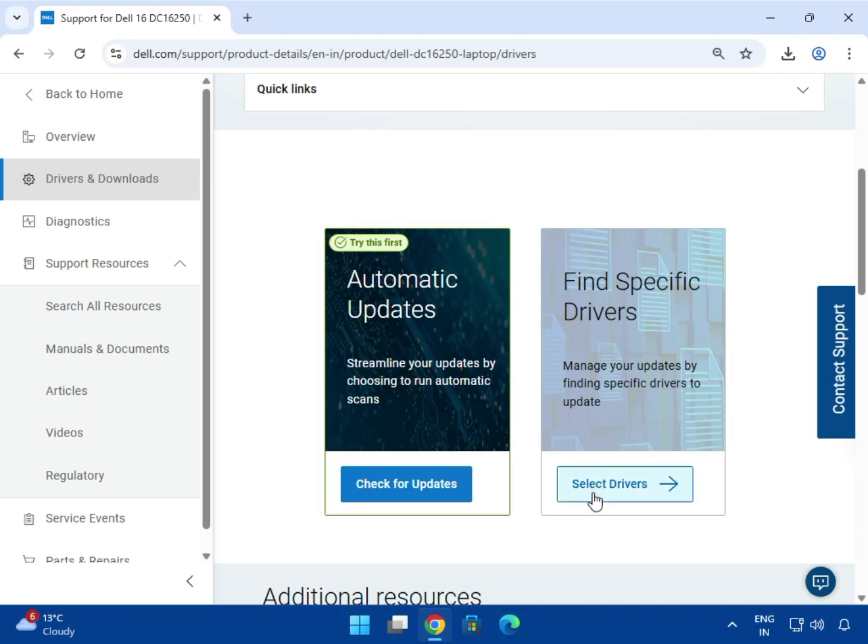And the second one is manual installation. If you are facing some issues with your speakers, chipset, graphic driver and all, you can select them separately and install. So select this,